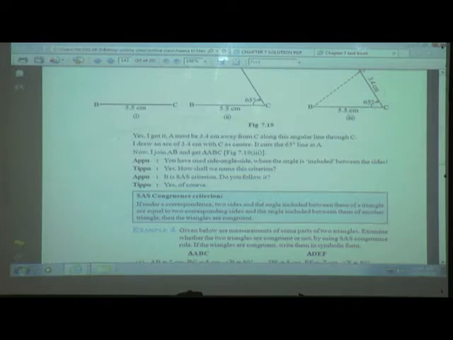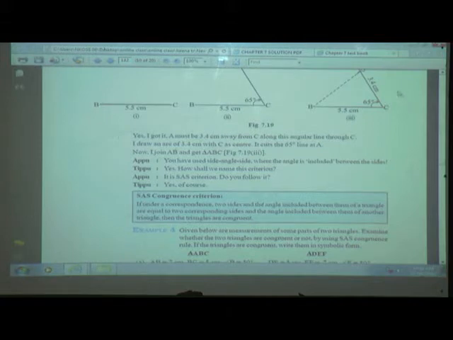We have to find out whether these triangles are congruent to the other triangle by the SAS congruency criterion. If under a correspondence two sides and the one angle included between them of a triangle,